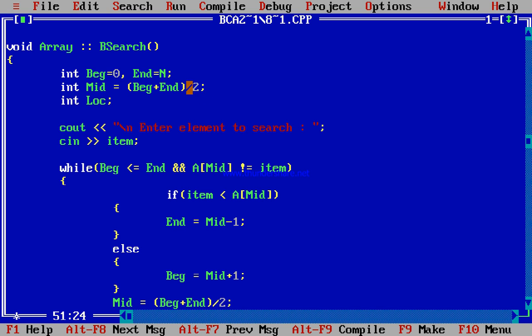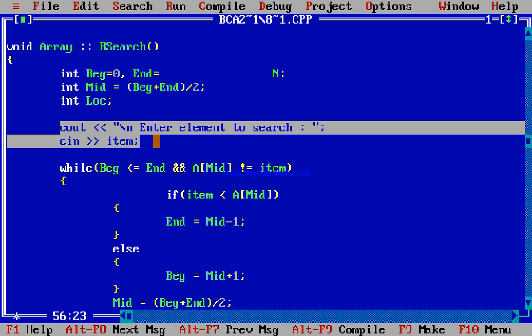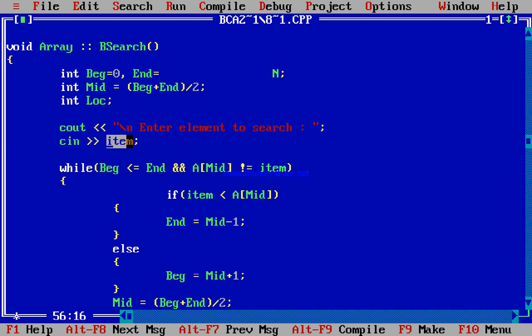That's why 0 plus n divided by 2. Whatever the calculation, we get the value of mid. After calculating the mid value, take one element from the user which the user wants to search in that array, and that element is stored in the variable atom.